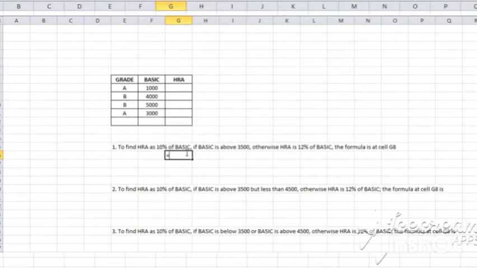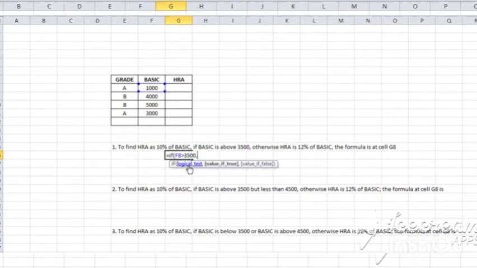Equals IF function, bracket open, logical test: basic should be above 3500, comma.